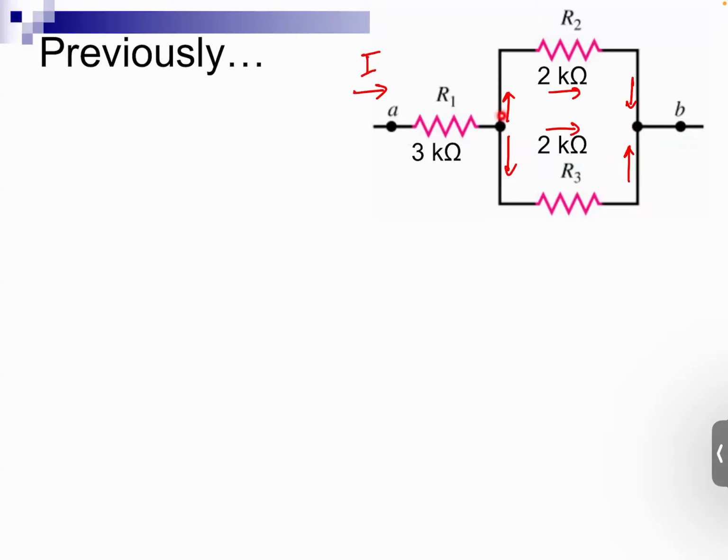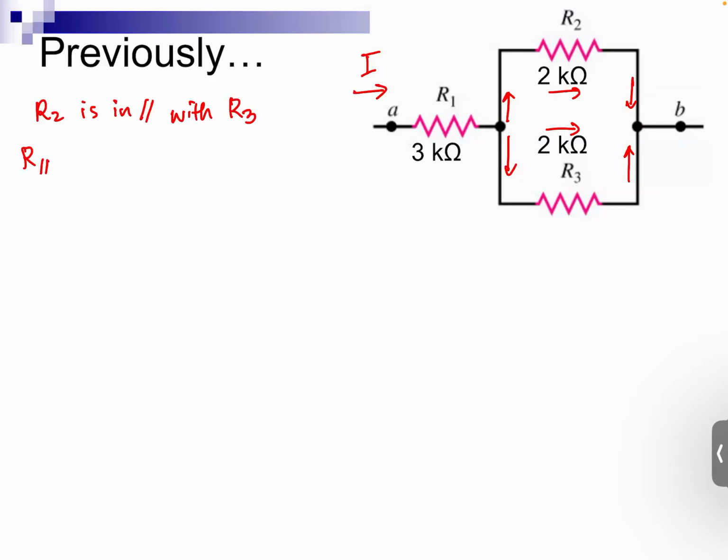Right, so you have 2 junctions, these 2 junctions defining this parallel connection between the two 2 kilo ohm resistors, right? So R2 is in parallel with R3, hence